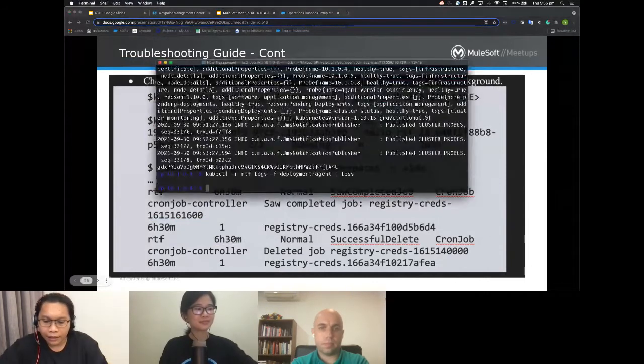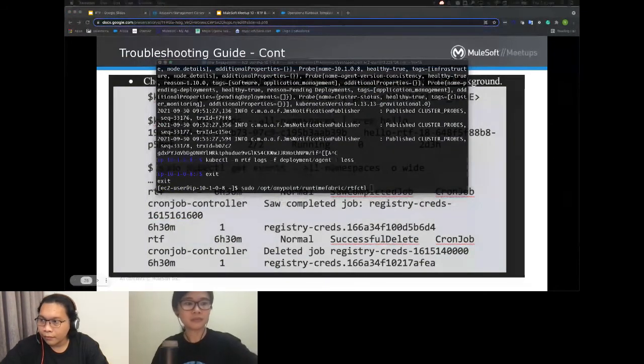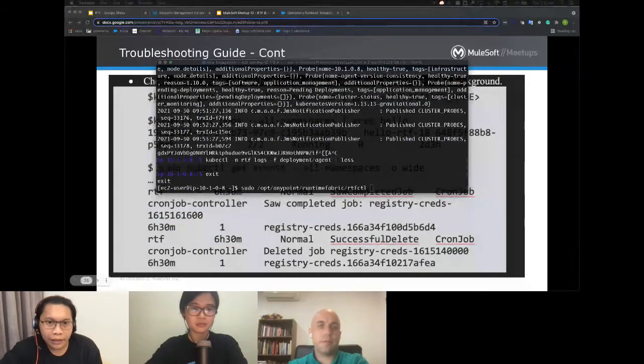For example, if I run this, it will check all the connectivity between the Runtime Fabric and the control plane.